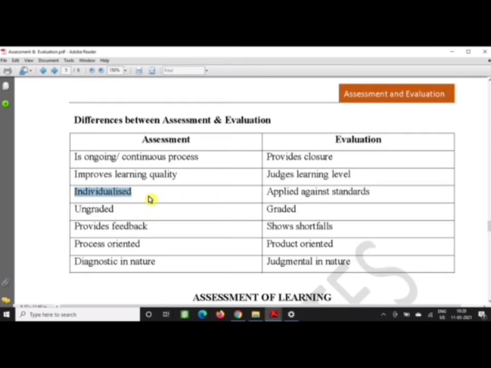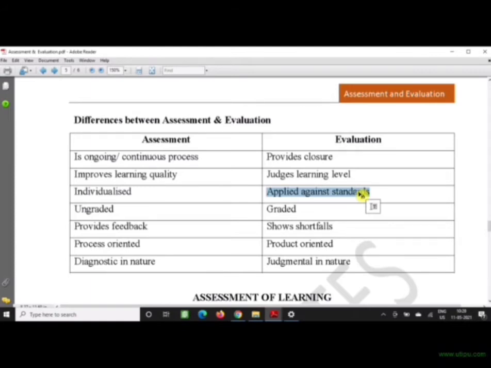Assessment is individualized. It is based on an individual's ability, intelligence, interest and all. Evaluation is applied against standards. That means there are external standards already constructed. Like I said, 60 and above are first division. These are pre-constructed standards.